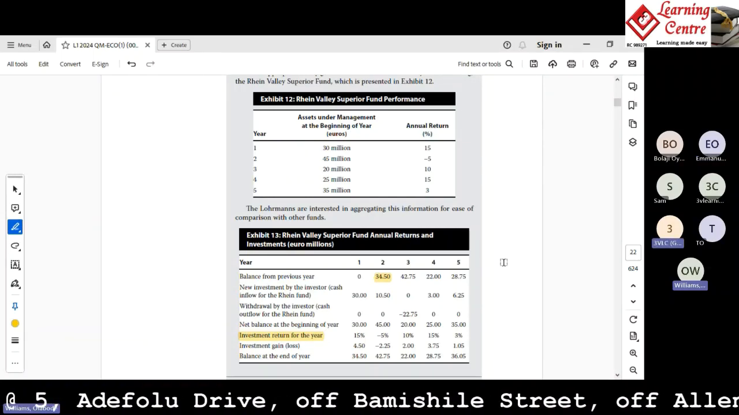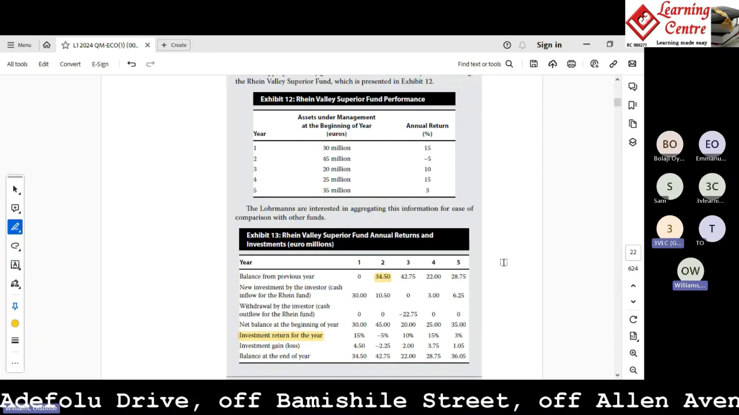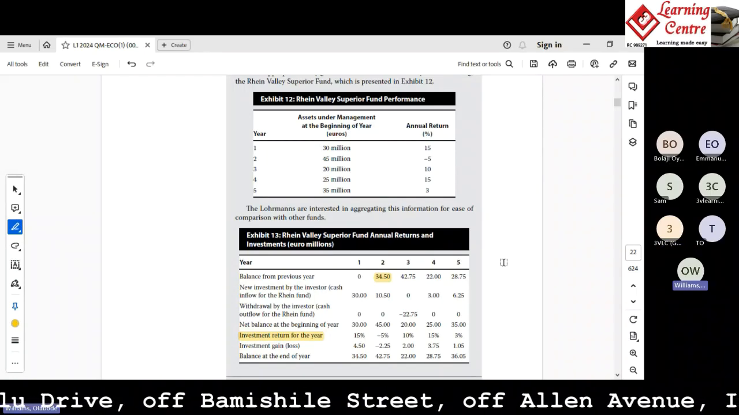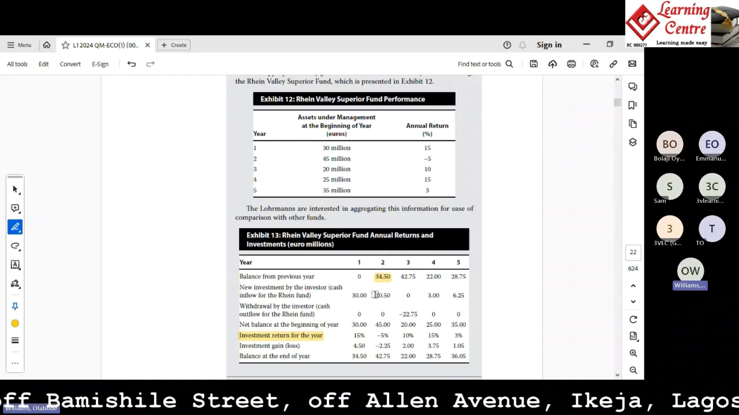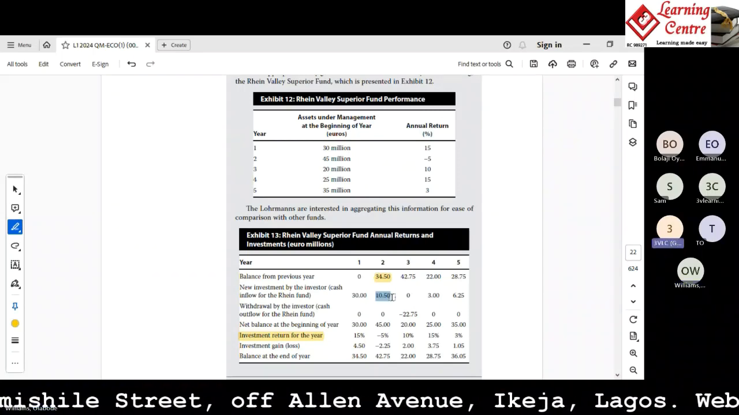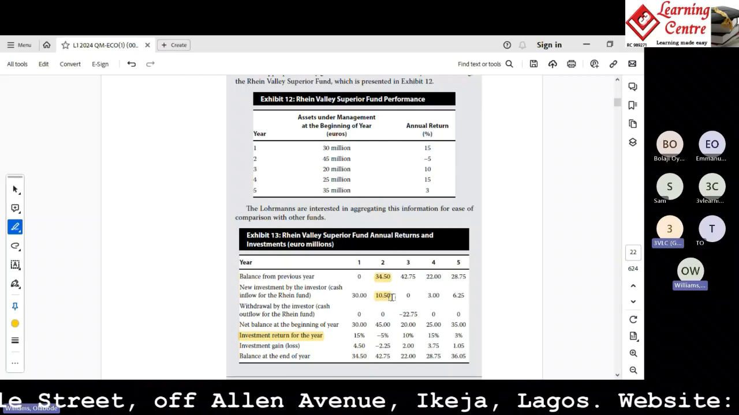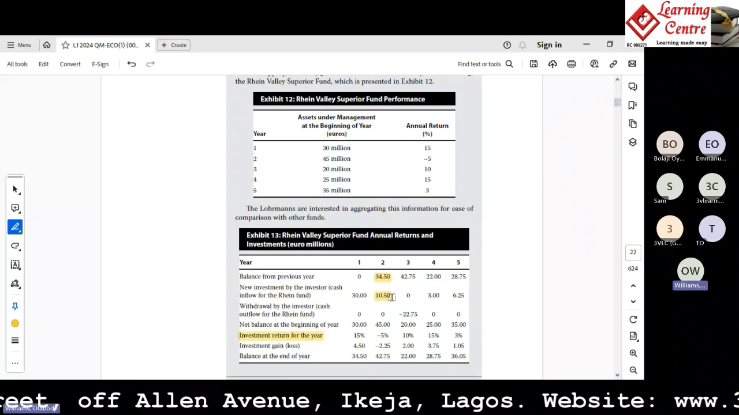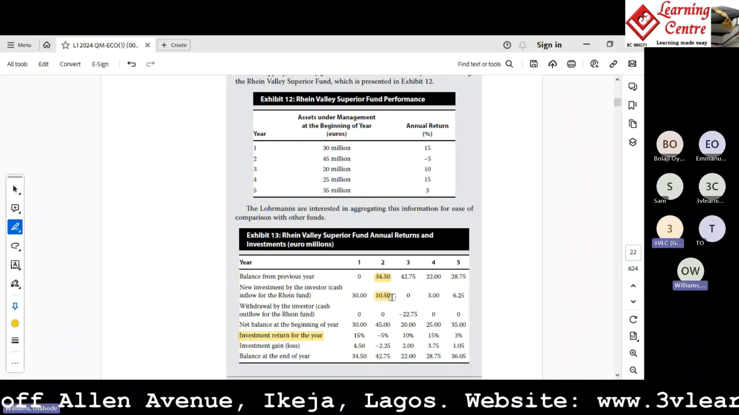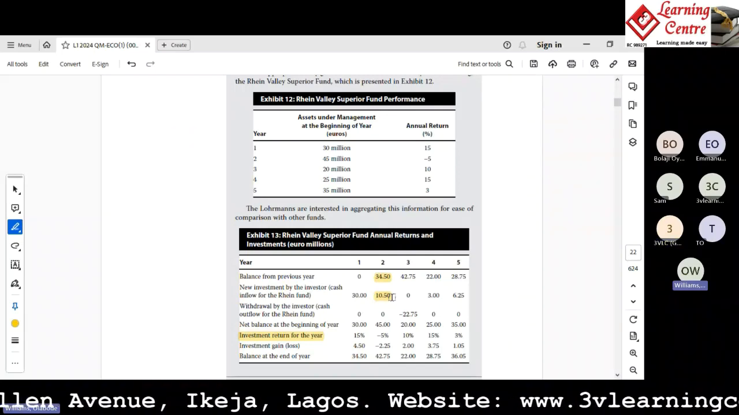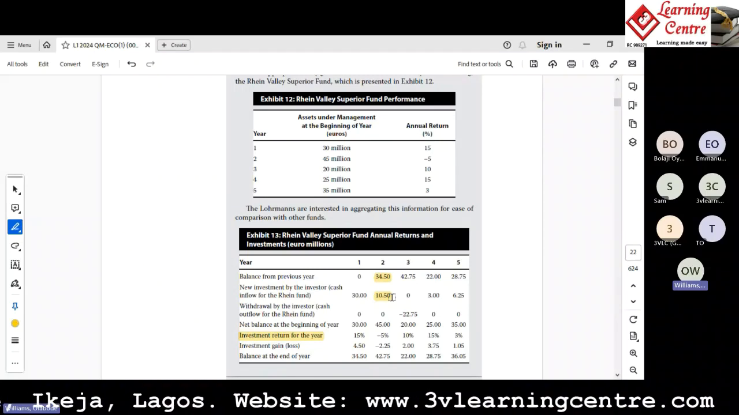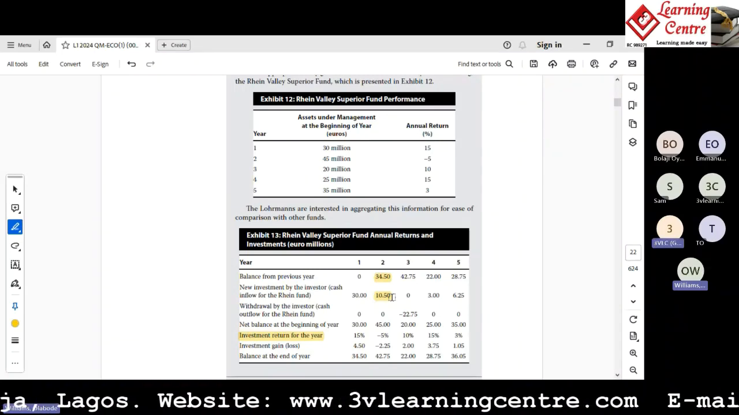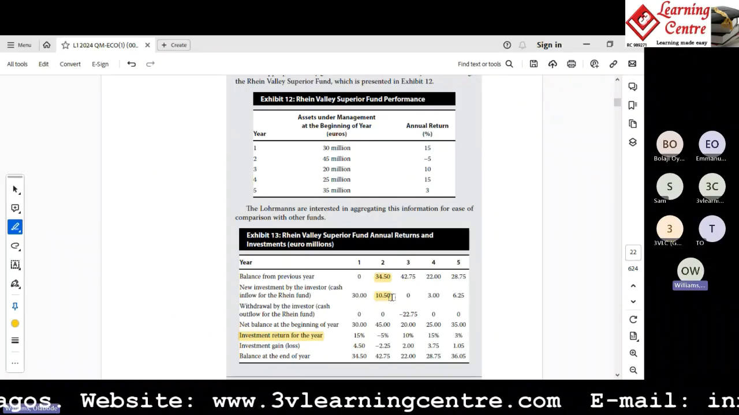So how do you derive the additional money that came in? It will be 45 minus the 34.5. And that's how you derive the 10.5. So in the table, we're not given it, but you can see how that has been derived now. That is inflow into the fund. Inflow, because new money came in into the fund, 10.5. So at the end of the year,